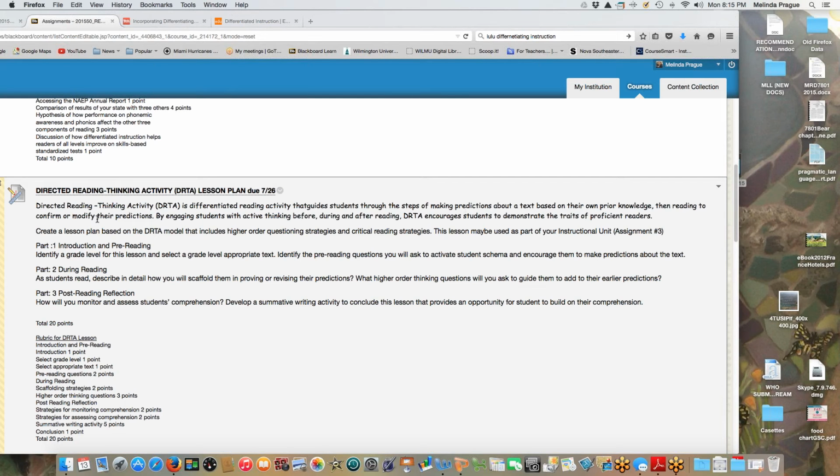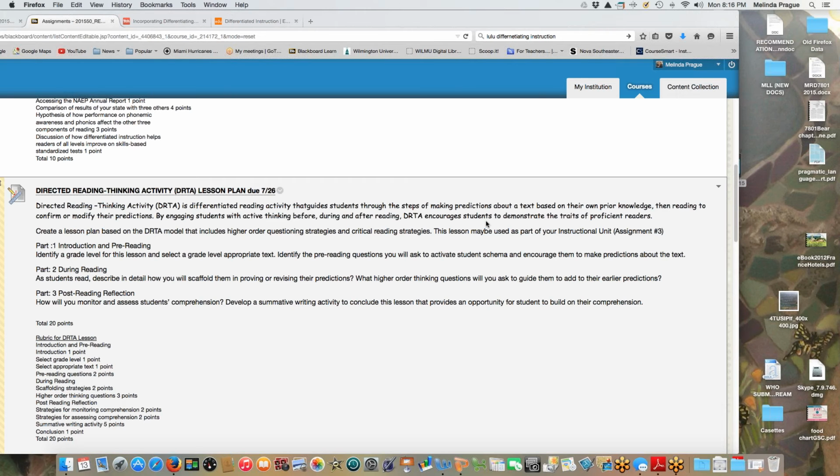Then we read to confirm or modify. What we're trying to do is a very strange concept. We're trying to get kids to think instead of being parrots, instead of telling them what we want them to know. If they can discover what we want them to know, they're going to learn it. If we tell them what we want them to know, do you know how long you remember something somebody tells you? It's very sad, that retention rate. Very, very sad. You can look it up. You lose most of it after 24 to 48 hours, and you retain very little if you haven't done something with the information.